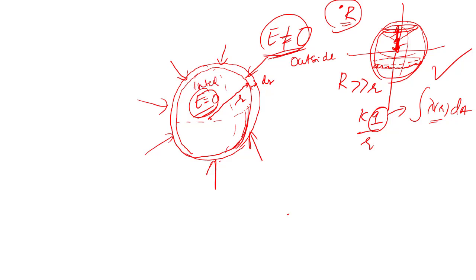So now if I were to imagine compressing the shell, when I compress the shell from R to R minus dr, let's say I compress the shell by dr, then what is happening is I'm going from a shell that's like this to a shell that is like this. I'm decreasing it by dr. Then this part where the shell previously was,